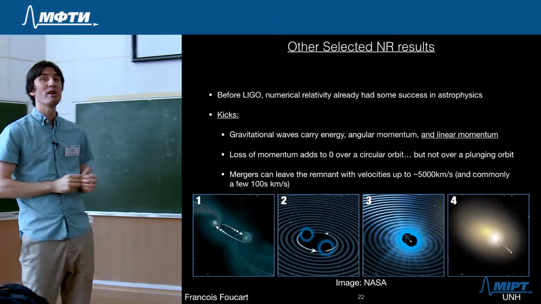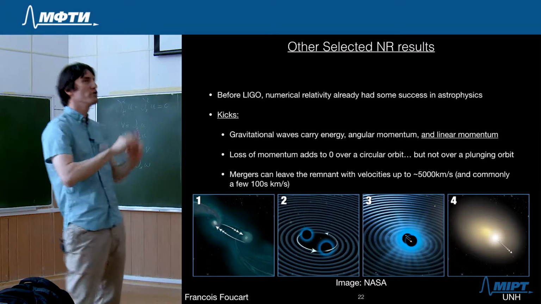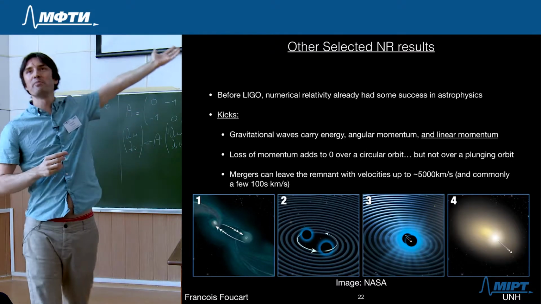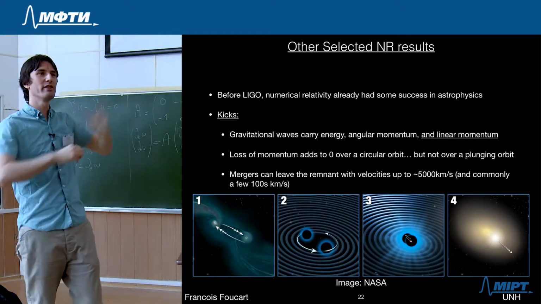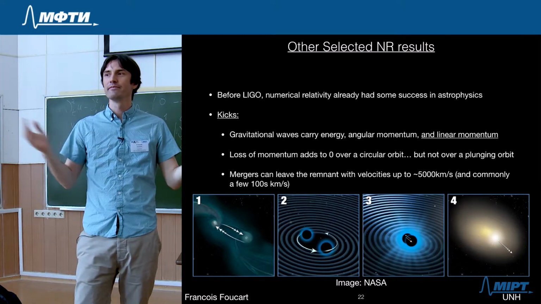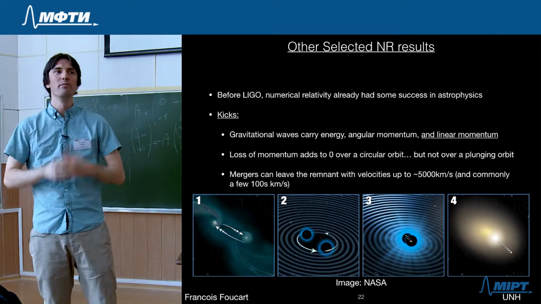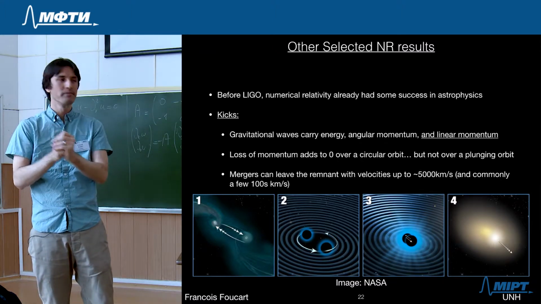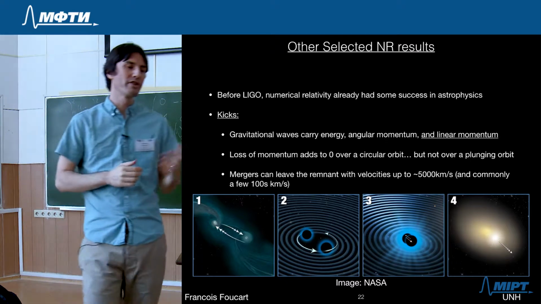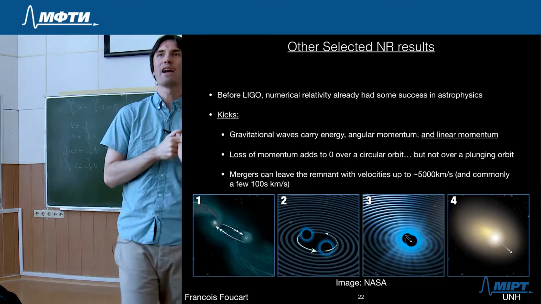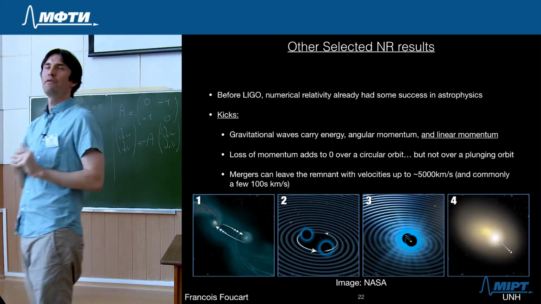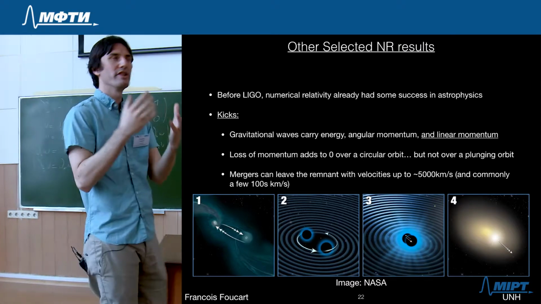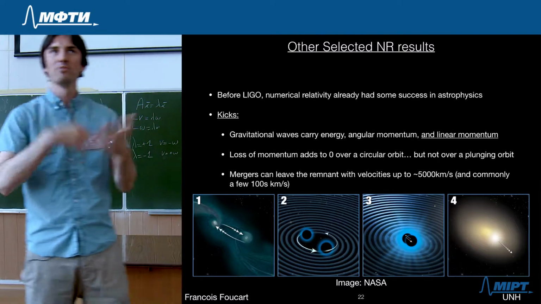And that kick can be pretty significant. If you choose your spins right, you can get to kicks of order 5,000 kilometers per second for your black holes, which is enough to kick you off of many galaxies. And it's certainly enough, in most cases, to kick you out of small clusters within galaxies. So that has important consequences for the retention of black holes after galaxy mergers, and for the retention of black holes in star clusters within galaxies, as those black holes merge,